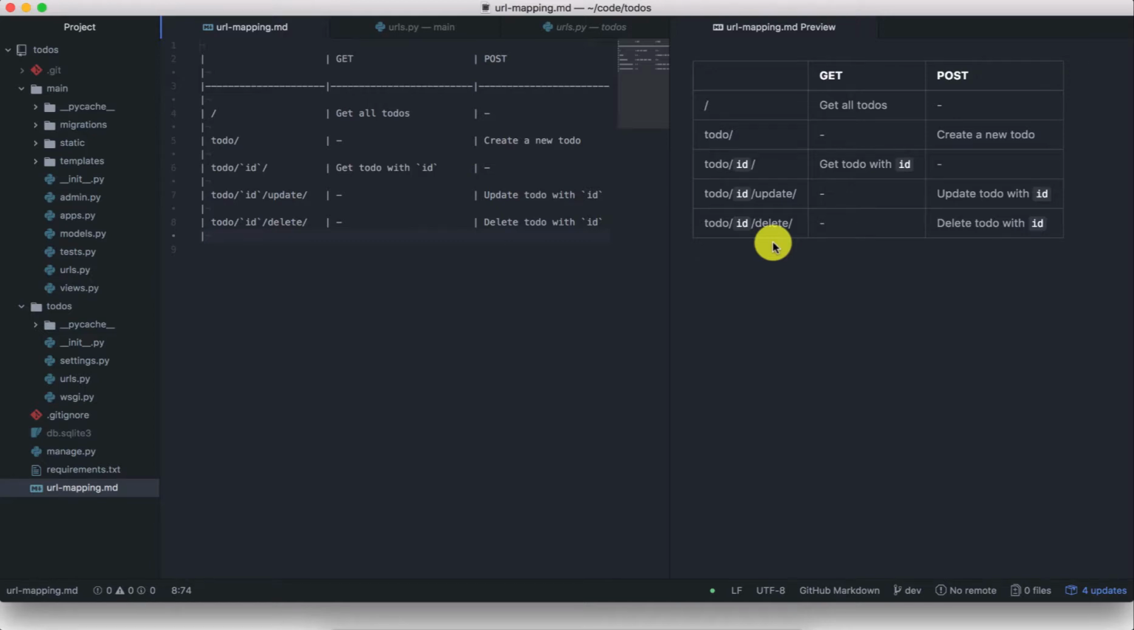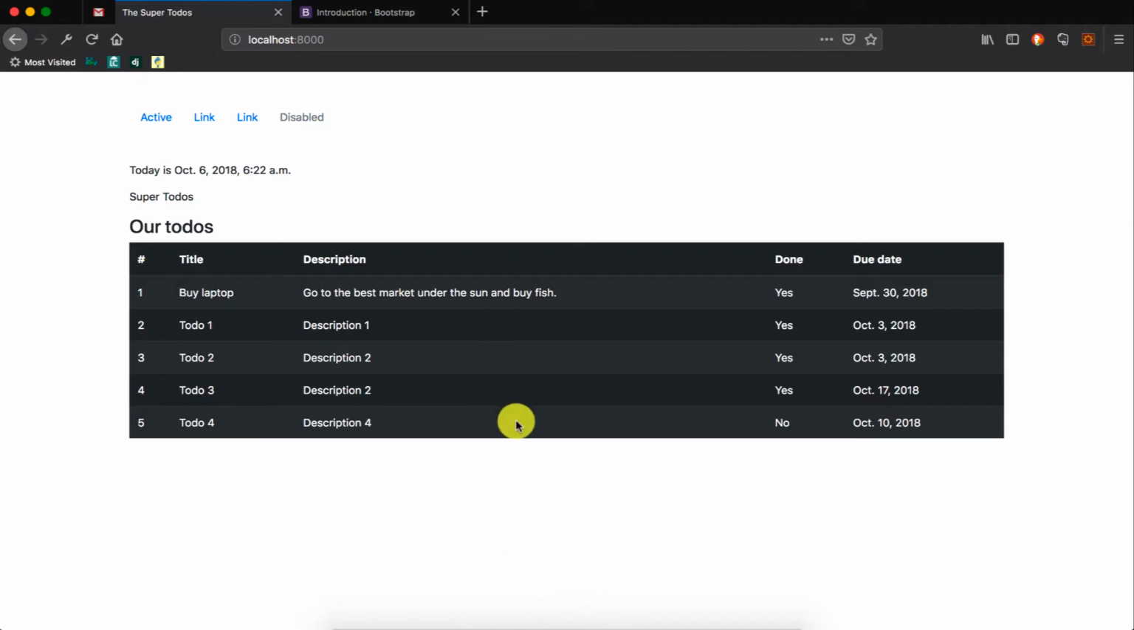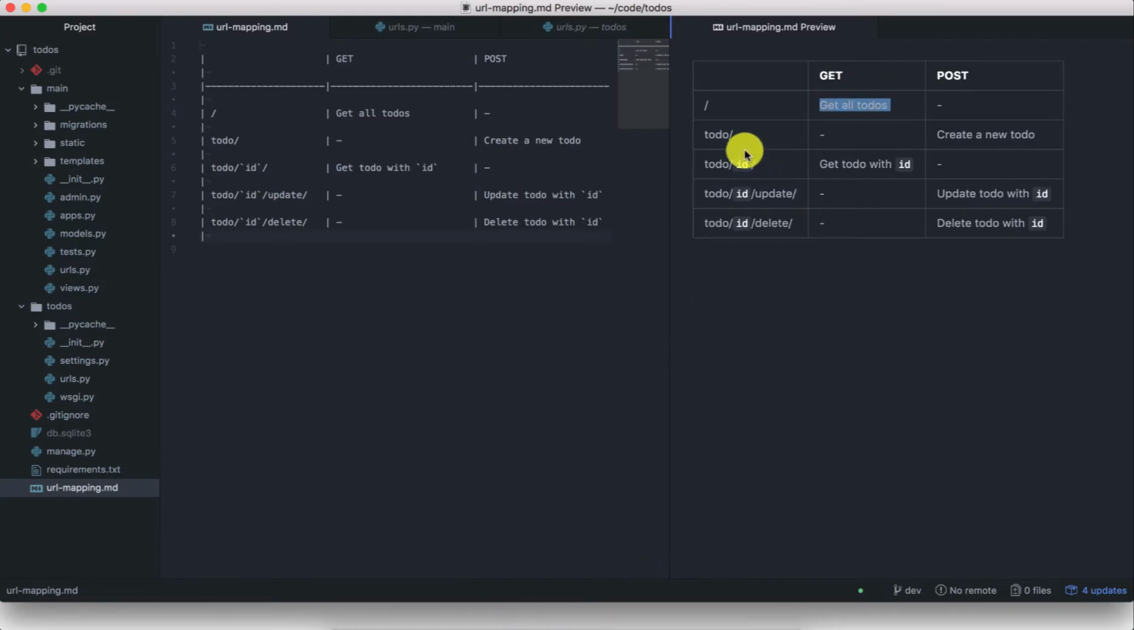In the last video, I gave a quick overview of the various URL endpoints that we'll have in our project. For now, we only have the homepage endpoint, which just lists all the to-dos that we have saved in our database. In this video, instead of creating the endpoint which will allow users to create a new to-do in the database, we are going to work on the endpoint which allows users to fetch or get the to-do with